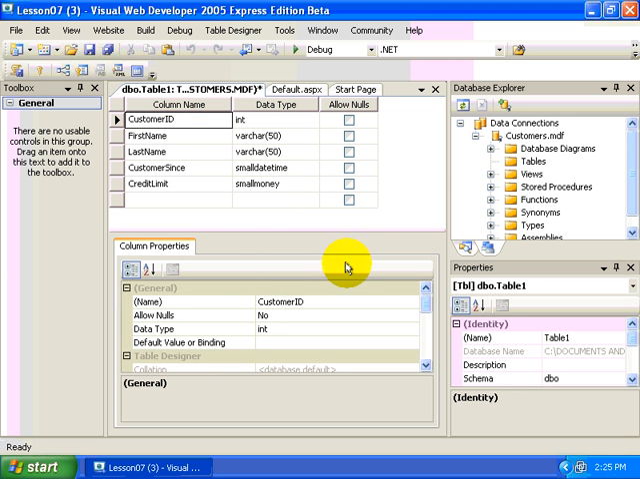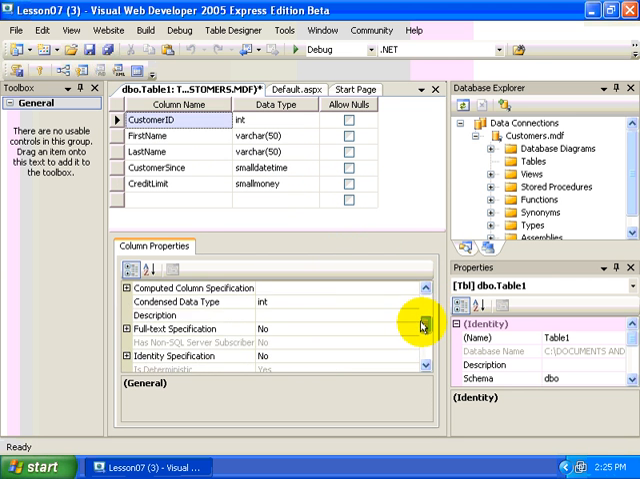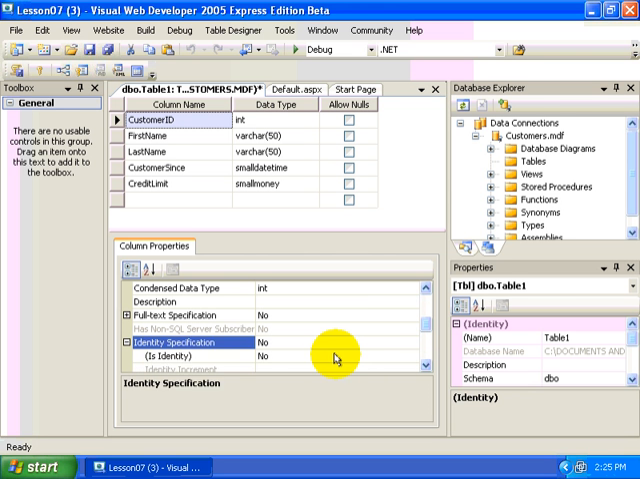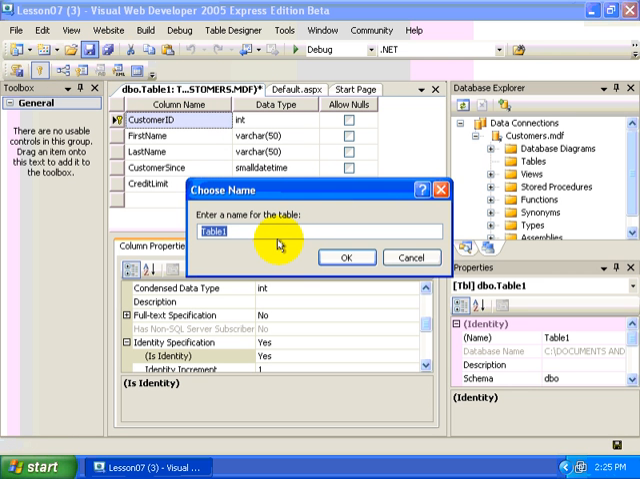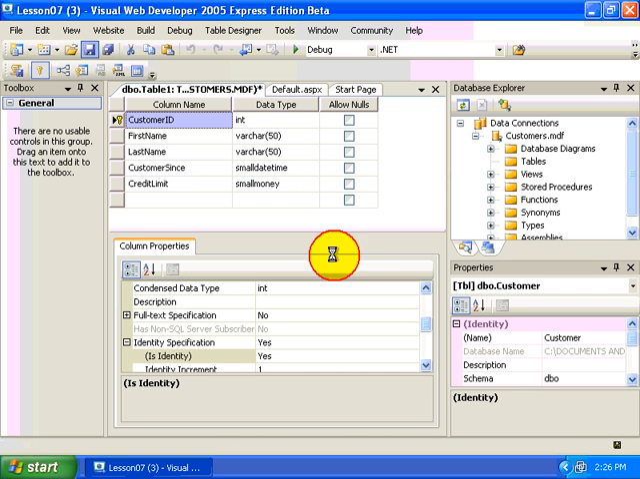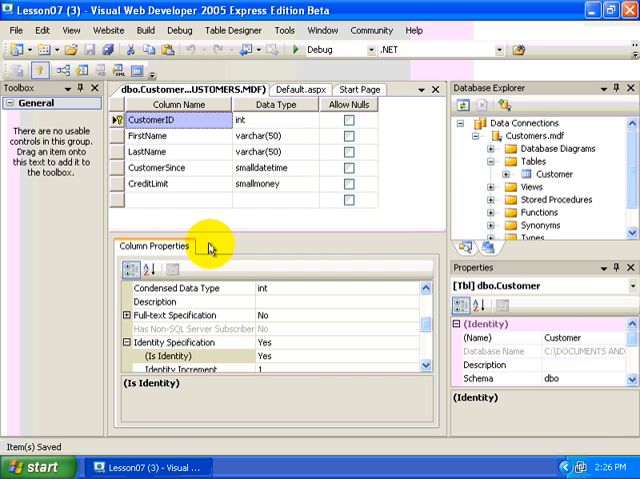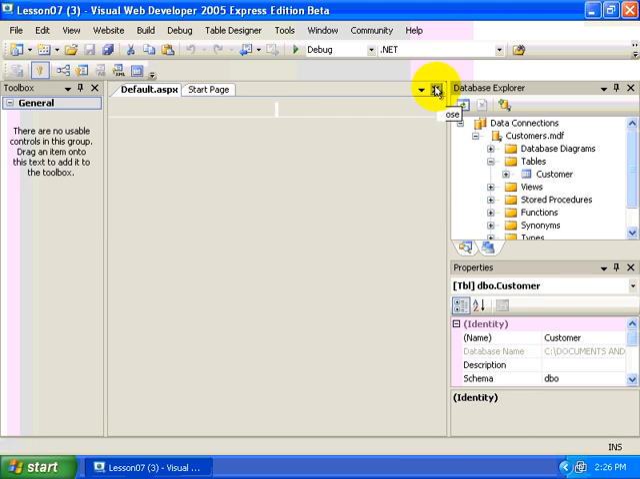Okay. I want to adjust this column's properties to turn on the identity. We're going to make that yes. And we're also going to make this field the primary key for this table. Okay. Then we're going to call this Customer. So the file name is customers.mdf, and this table's name is going to be Customer. So just be aware of the naming irregularity that I chose here. Okay, but now we have a customer table,